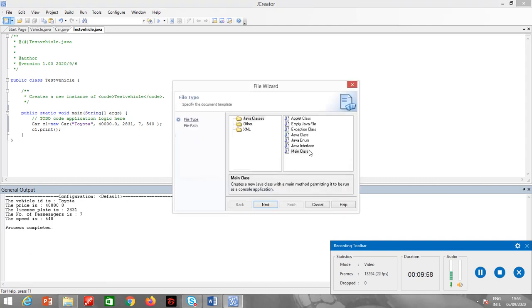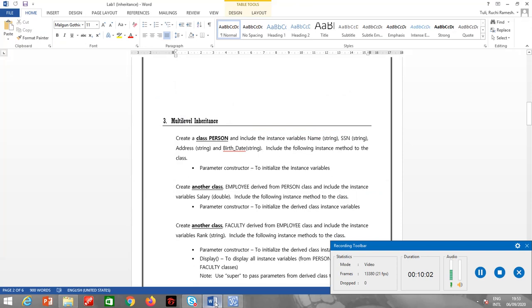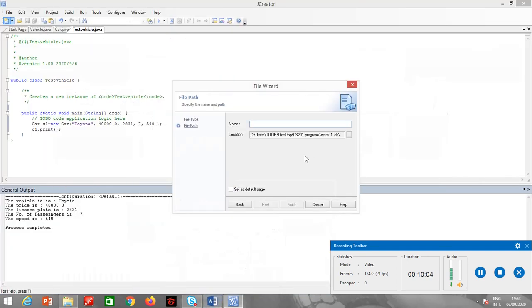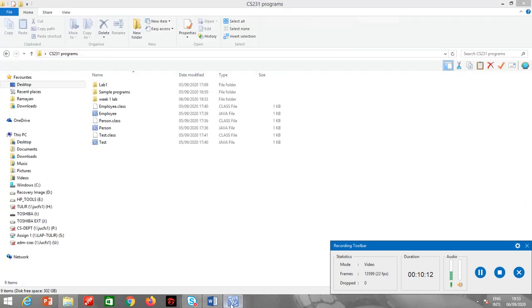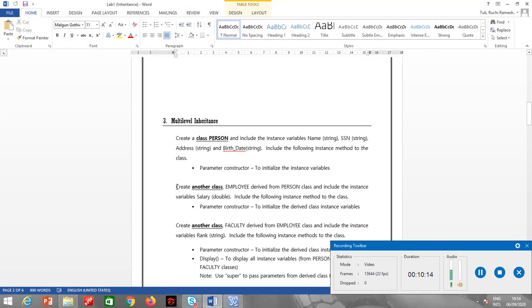So what we have to do, let's just read the program. Create a class person. So my first class is person class. Alright, now what do I need to do? Let's just check it. Okay, so it has instance variables name, SSN, address and birth date, all string type variables. So it has 4 string type variables.